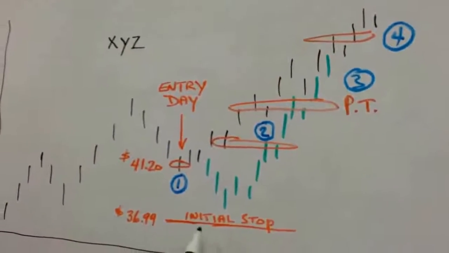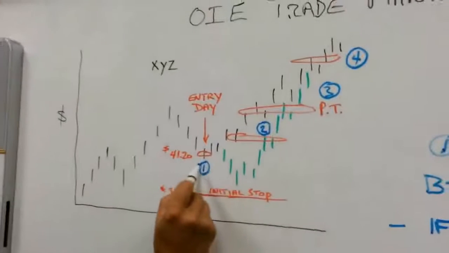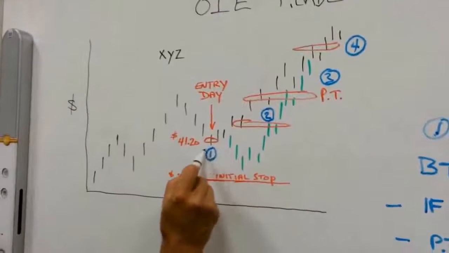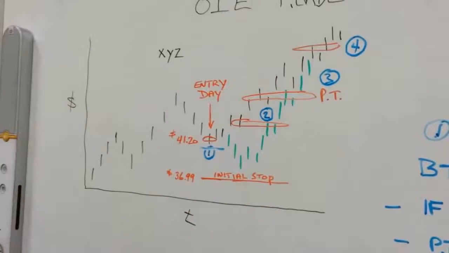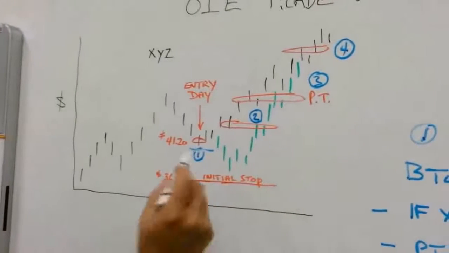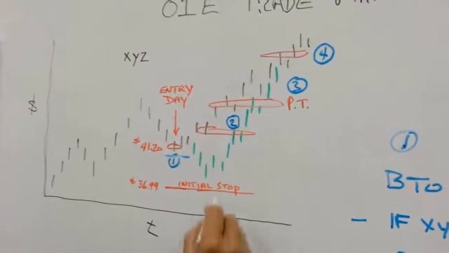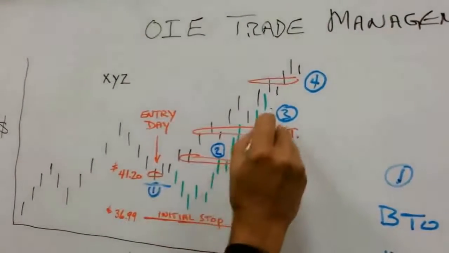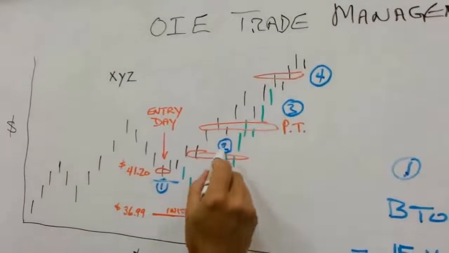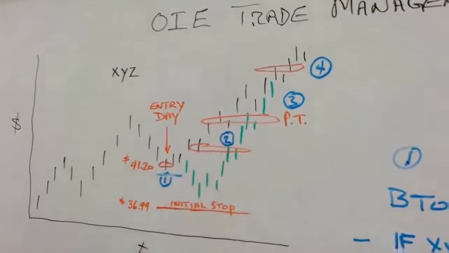Now, if we place that initial stop too tightly, like a lot of traders will put that stop in right in here, they're going to get stopped out and have a losing trade. With the option strategy, you don't have that problem. So whether the market goes straight up or backfills first and then goes up, at point 2 here,